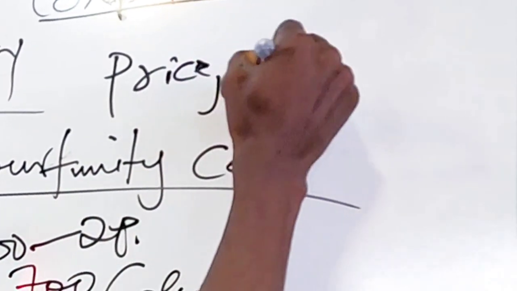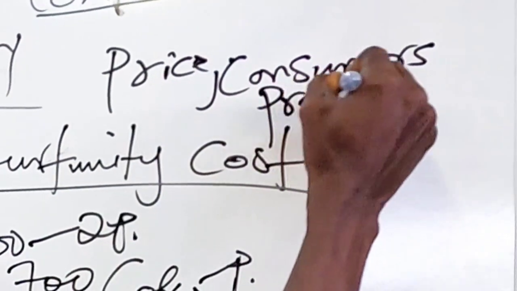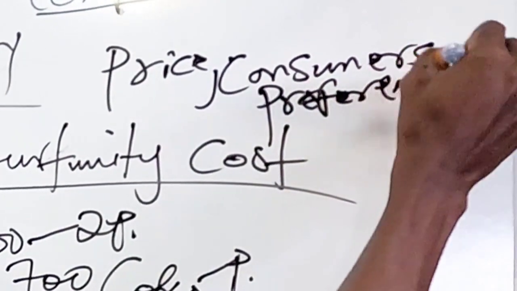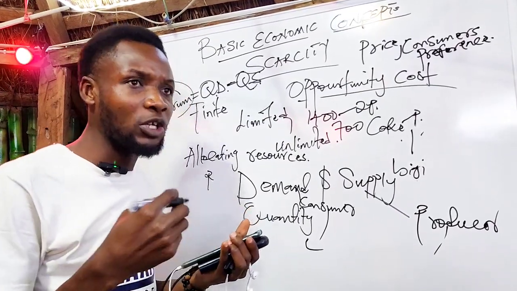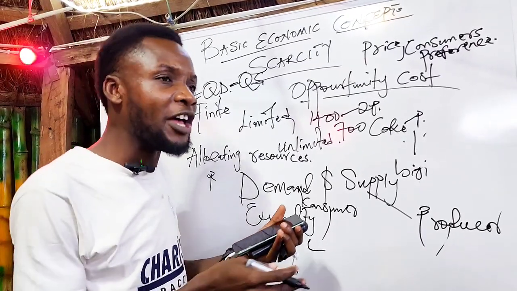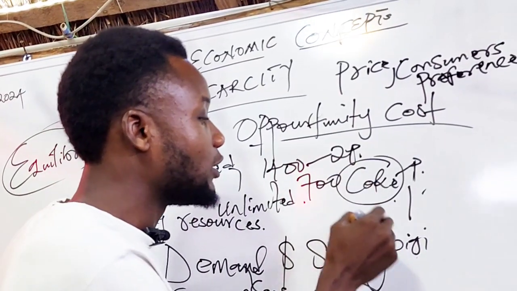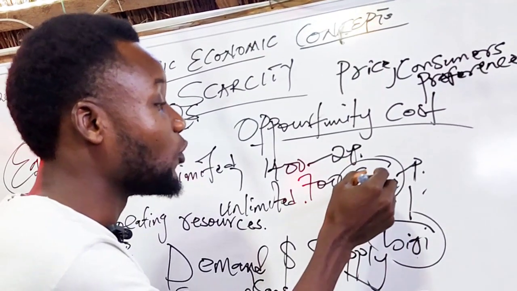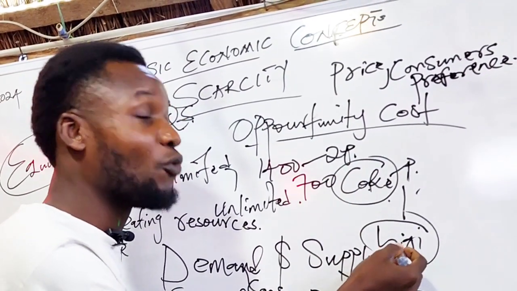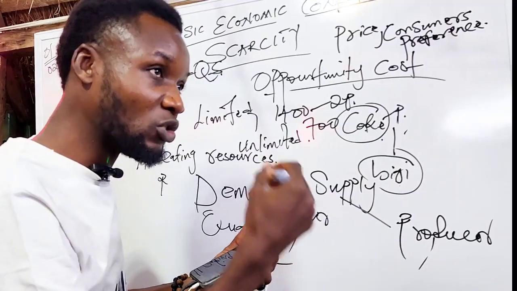And also, the consumer's preference. The consumer's preference, what you prefer, is also one of the factors that influence demand. Maybe I prefer rice to beans, or probably I prefer Coke, like I said earlier, to Biggie. Some persons will not go to the market to get Coke when they want some drinks. Some of them go for options, they go for Biggie. So your preference also goes a long way to determine the demand.